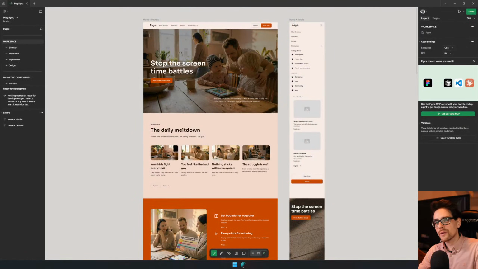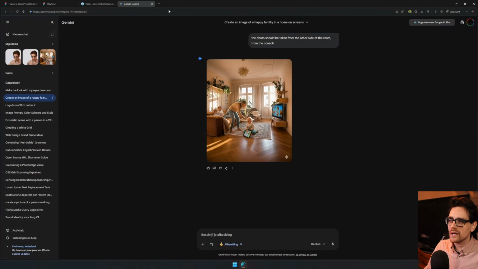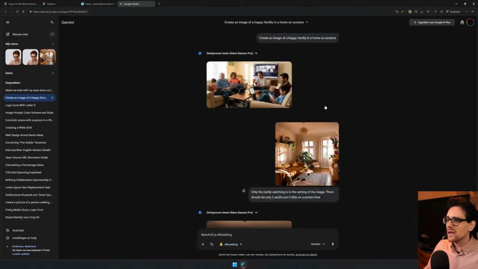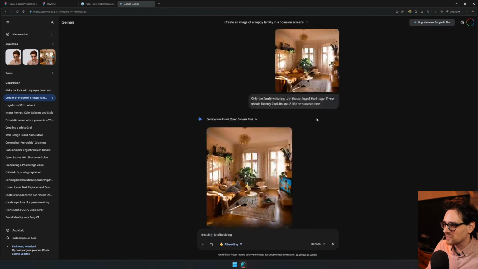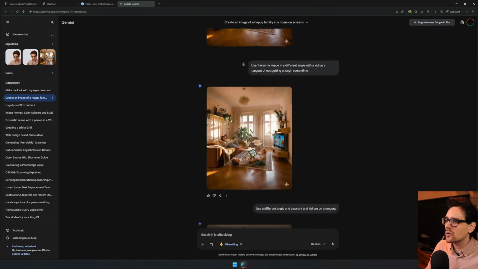If you haven't seen it, last live stream we created this design in about an hour using Reloom, then putting it into Figma and using Gemini to upgrade the images, as you can see right here. After the live stream I also generated some different images just to test out how well everything can be matched when you throw something like use this image in a different angle with a kid on a tangent,